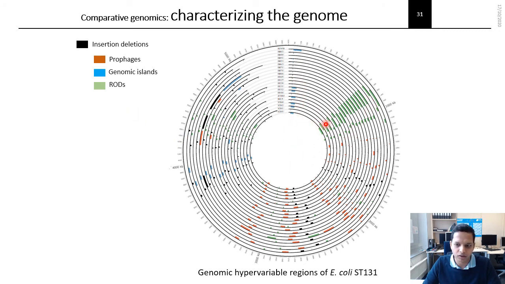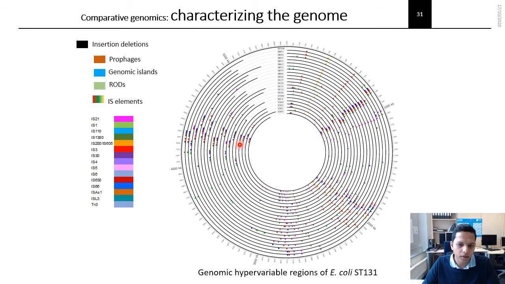These are the regions of difference, new genes that got inserted by horizontal recombination. These are the prophages, and there are certain genetic elements that could not be identified by these tools. Not only this, we can also identify the insertion sequence elements and map them back to the chromosome. Insertion sequence elements are generally responsible for the variation of genomes, and they are present in regions where genes or genetic segments are inserted or deleted.